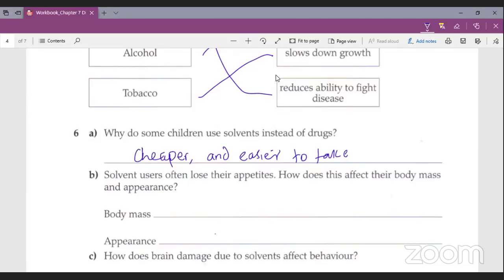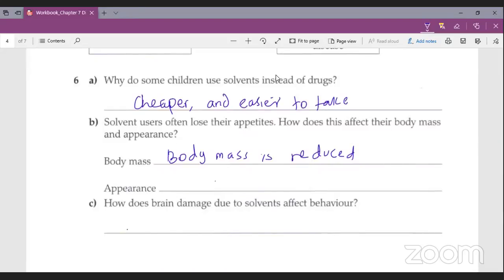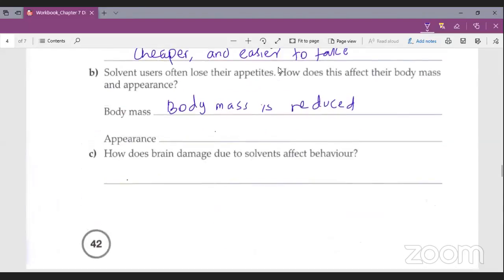So how does losing appetite affect the body mass and appearance? The body mass is reduced. What about the appearance? They appear very thin, and sometimes they look pale. How does the brain damage due to something